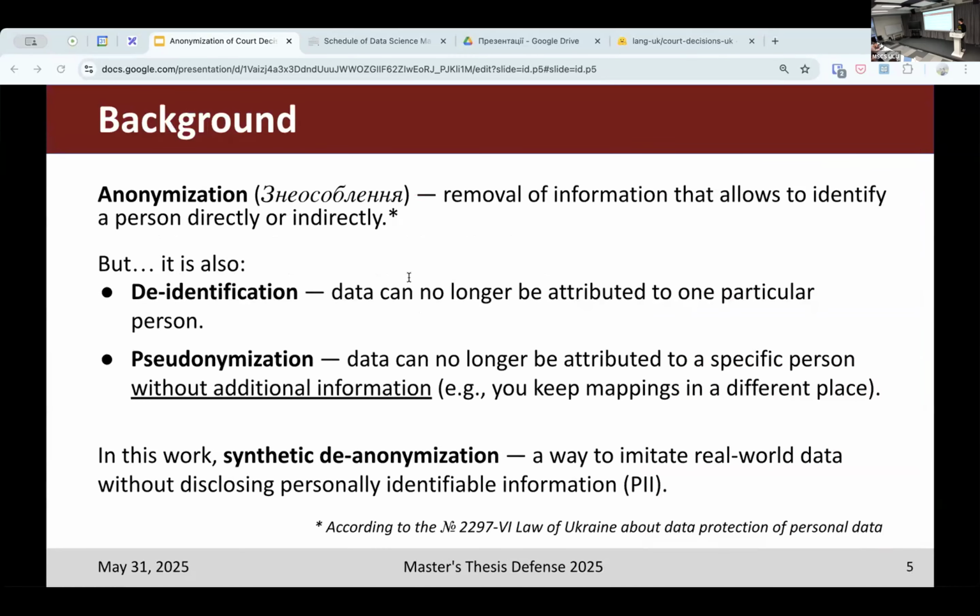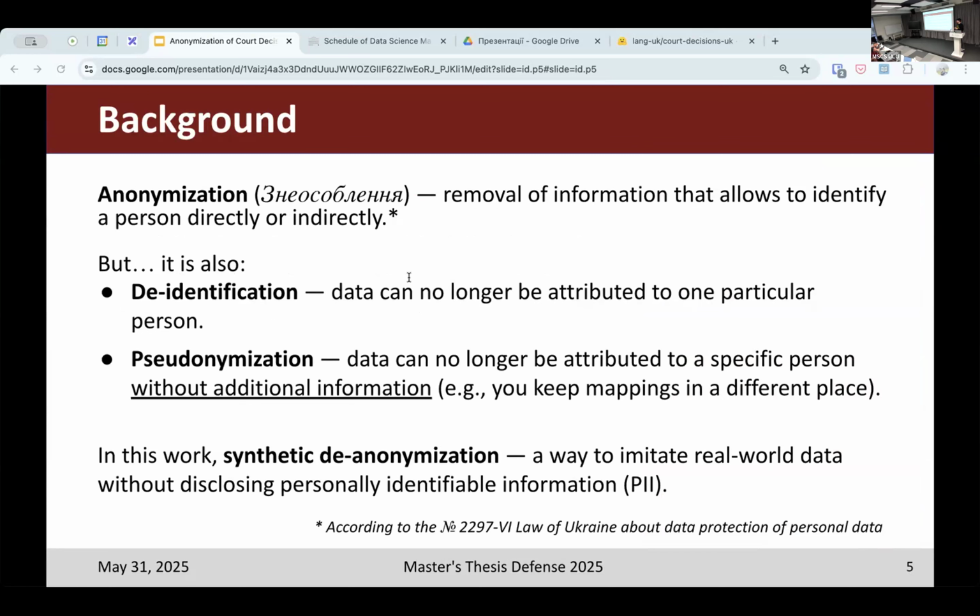So yeah, current tools remain inaccessible and are proprietary. And a bit of background. By anonymization, we usually mean the removal of information in any data source that allows to identify a person directly or indirectly, but it could be also defined